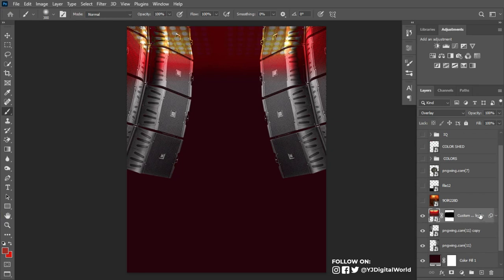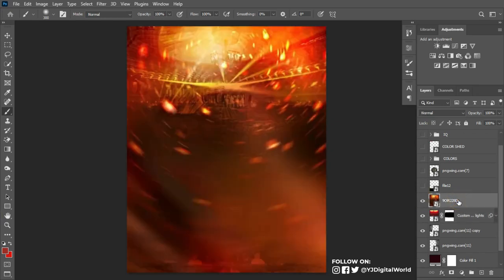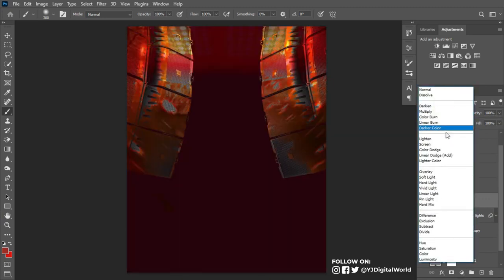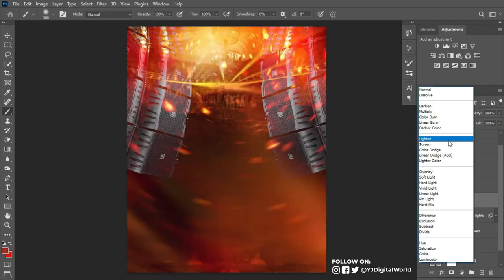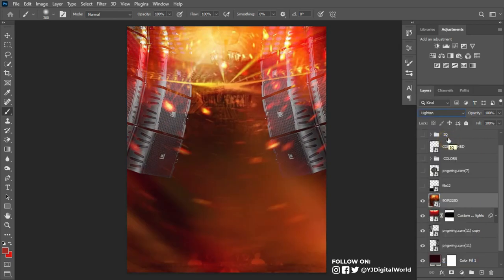Move to where we have this precisely. Change the blending mode for this to, I think this is actually working perfectly well for this project. Okay, after we are done with that, we also need to blur out some of the pixels for this background